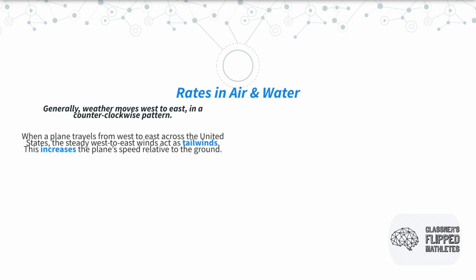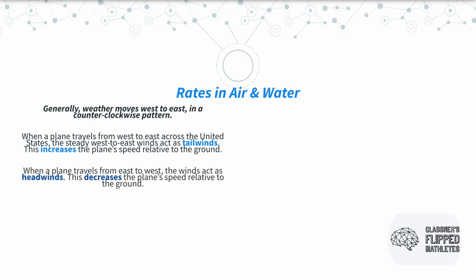Now, very generally, when a plane travels west to east across the United States, this steady west to east wind acts as a tailwind. It is pushing the plane from the tail, and this increases the speed relative to the ground because the wind is pushing it. If you're going from east to west, you're experiencing headwinds. The wind that is going west to east is now pushing into the head or the face of the plane. And because the wind is pushing in the opposite direction as the plane's movement, this decreases the plane's speed relative